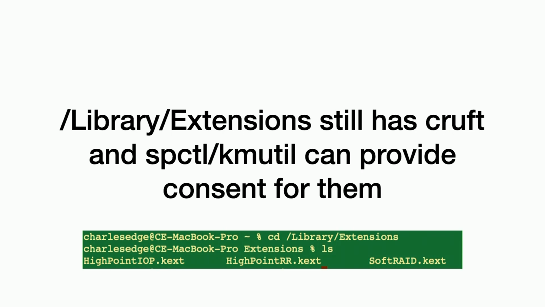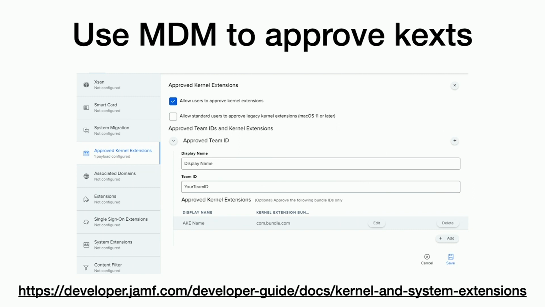It's all the old stuff. SPCTL still works for all that old stuff. KMUTIL still works for all that old stuff, but we're on to new and better things. We can also still use MDM to approve texts. I don't know how long this will last, but this is a screenshot of where to do that in Jamf